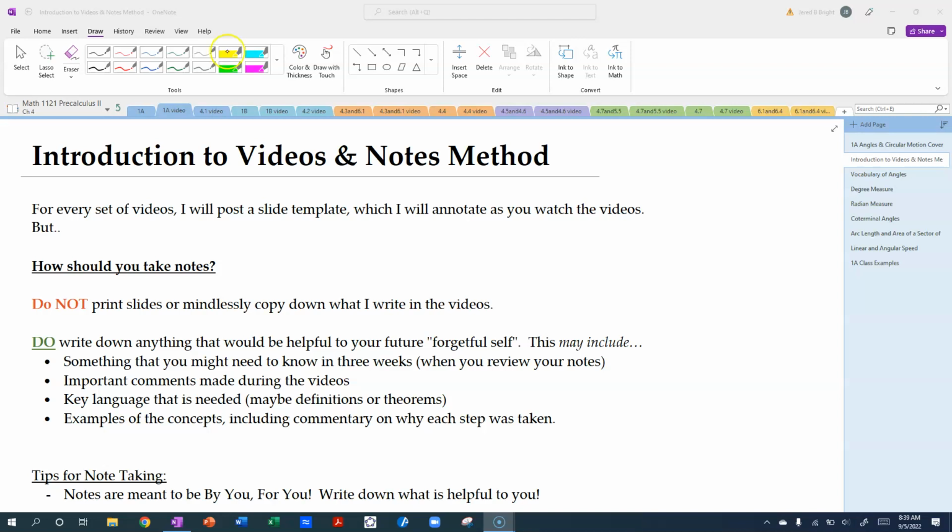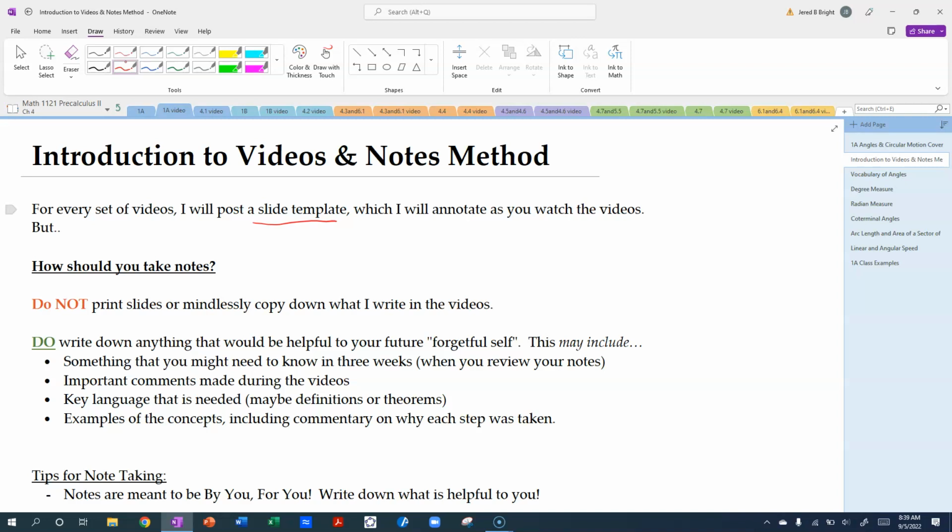In the videos, I talk through a lot of content, and sometimes students like to see what's coming up. To help with that, I do post a slide template, pretty much what I'm going to go through blank without the annotations on it. If you want to look at that in advance, please do. And you can annotate on those, print them off if you wish.